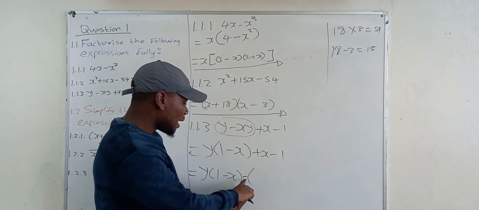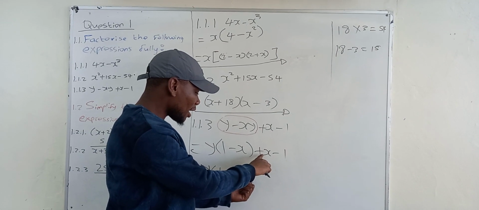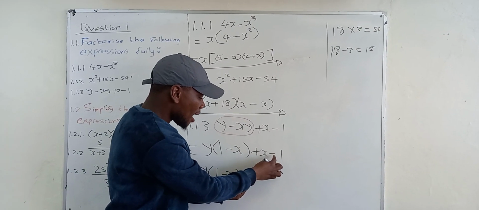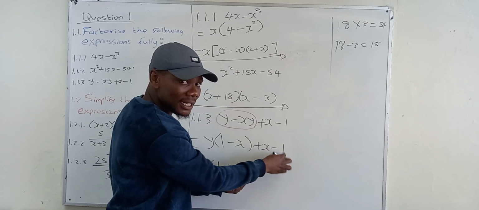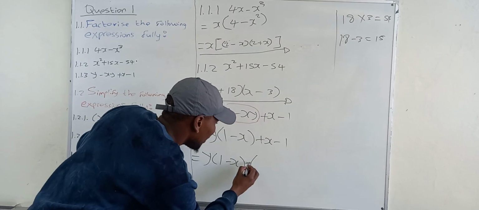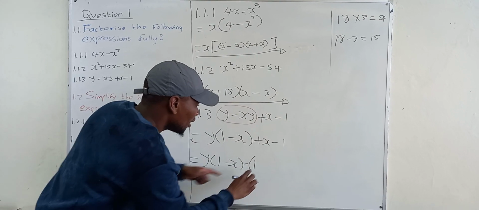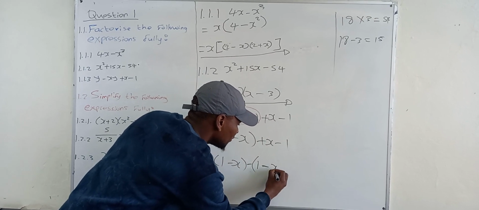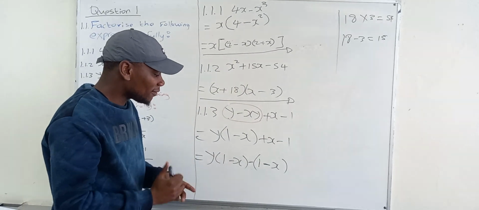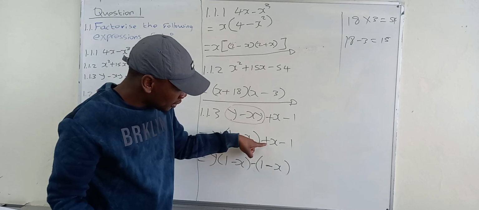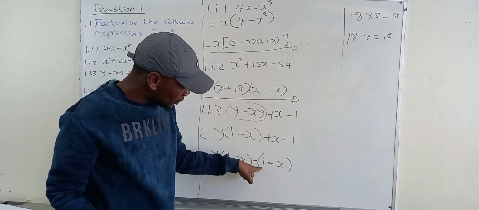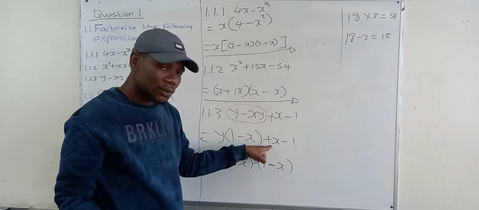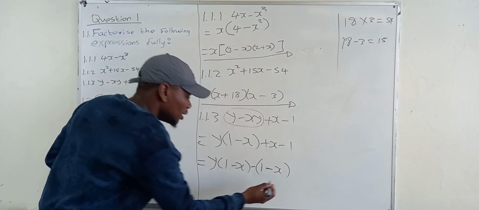What do I mean by that? Negative multiplied by a negative should give you a positive x. A negative multiplied by a positive should give you a minus 1. So what do we have here is minus 1 here. Then a negative multiplied by a negative should give you a positive x. So this will be a negative x. If you try to simplify it by factorizing to get to this stage, it will be minus 1 multiplied by positive 1. It gives you this minus 1. Negative 1 multiplied by negative x gives you this positive. So this is where,